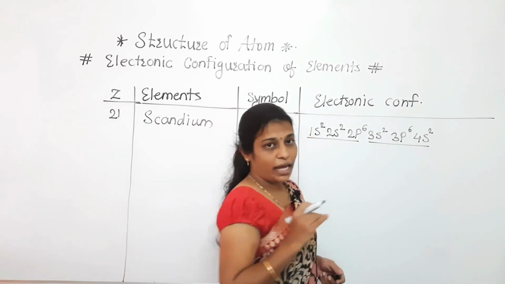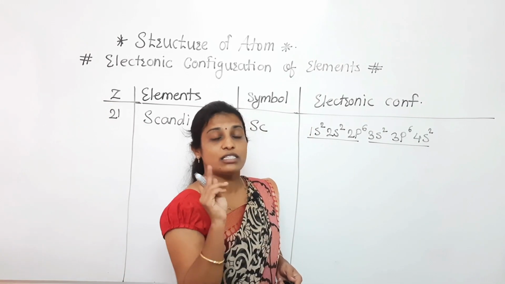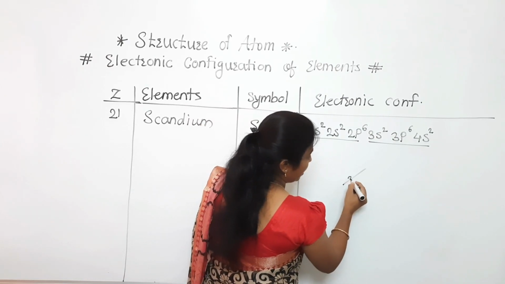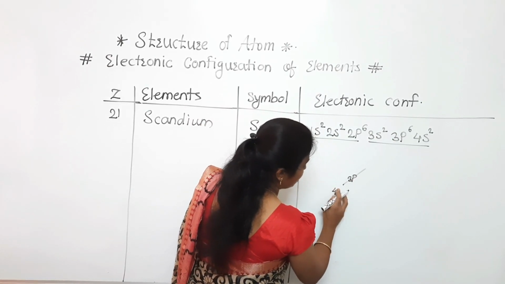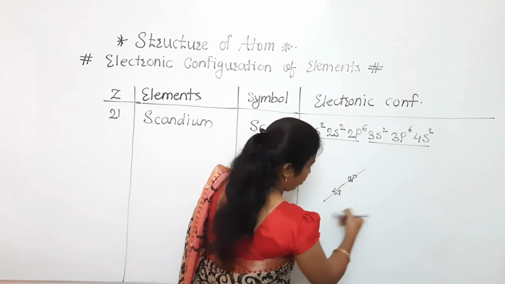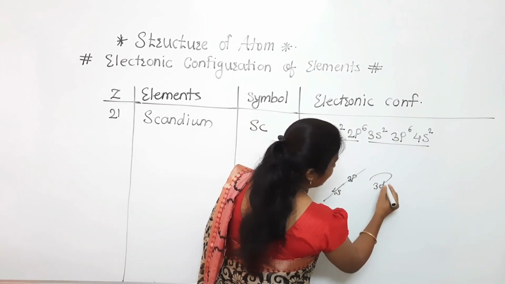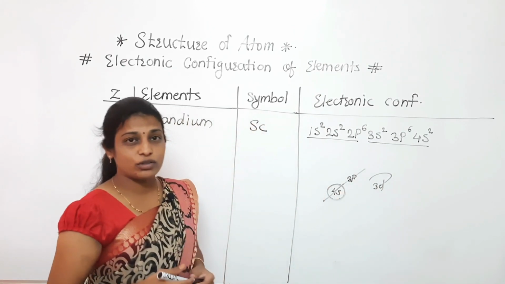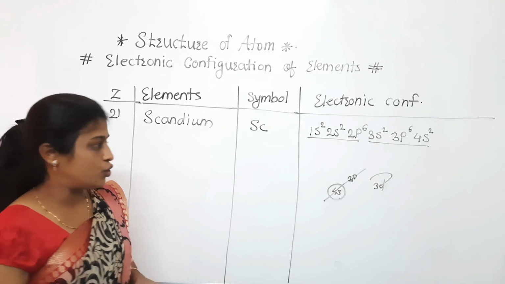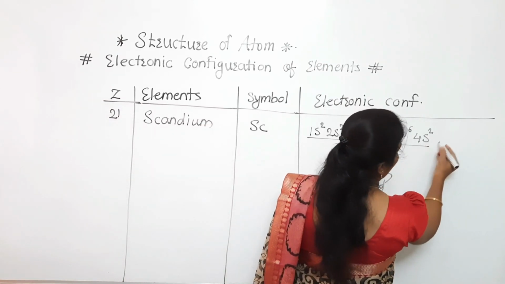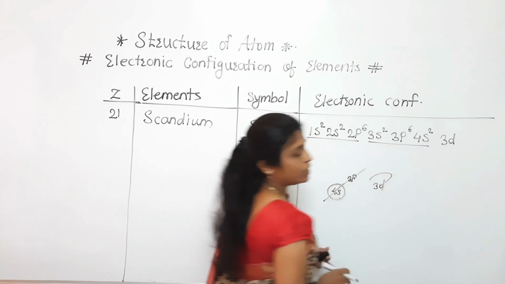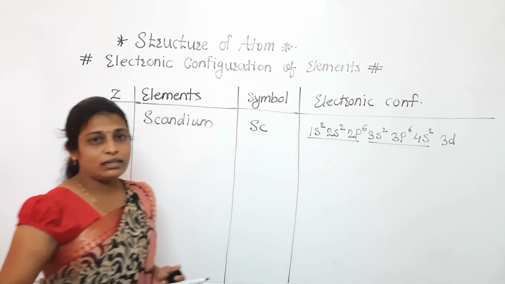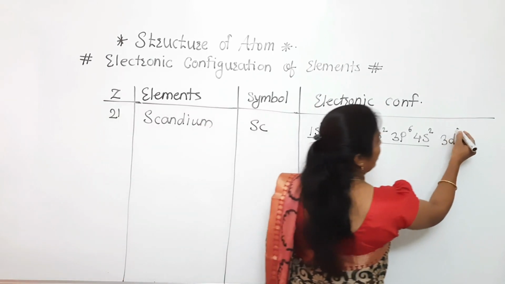According to our diagram, after 3p, 3d is not coming. Keep in mind that according to the diagram, 3p is completed and after that the arrow goes towards 4s, and after that we go towards 3d. So firstly after 3p, 4s is coming. Please observe the diagram which we have already drawn. So 4s2, after that 3d will come and the remaining one electron will enter the d orbital. So here 1 will be there.